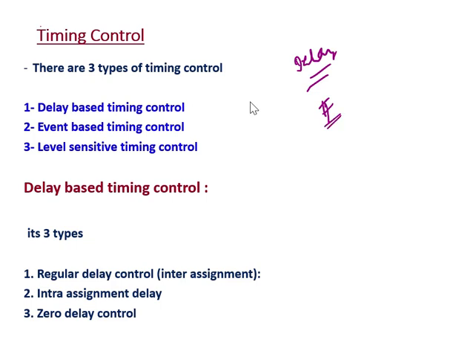So we do not bother much about this delay while writing HDL code, and it has to be taken care of by the simulator itself. How does the simulator handle all these things?